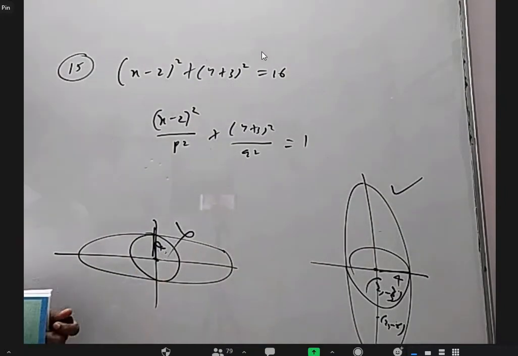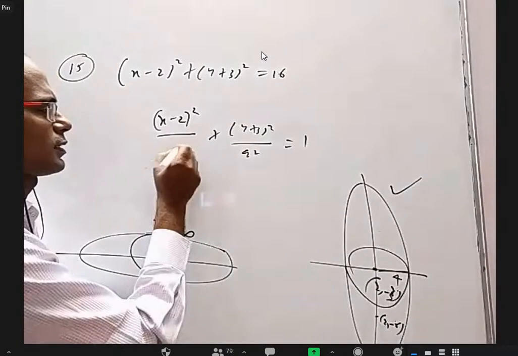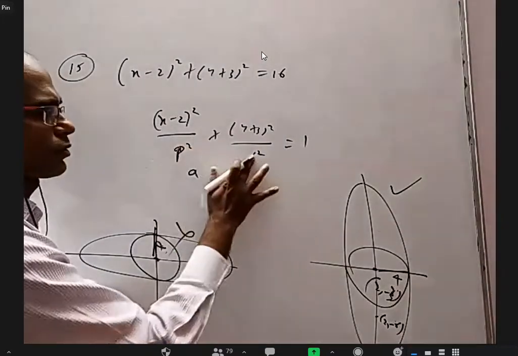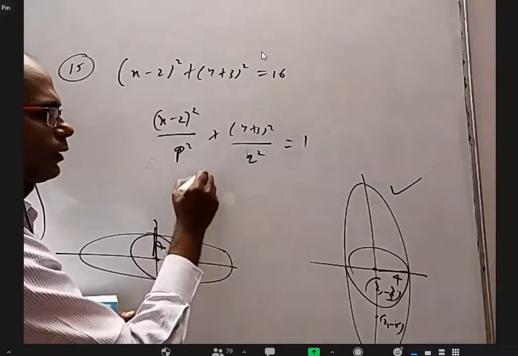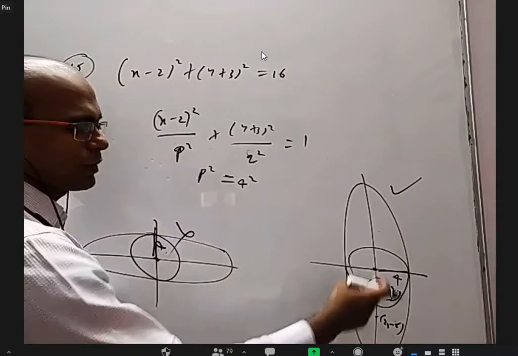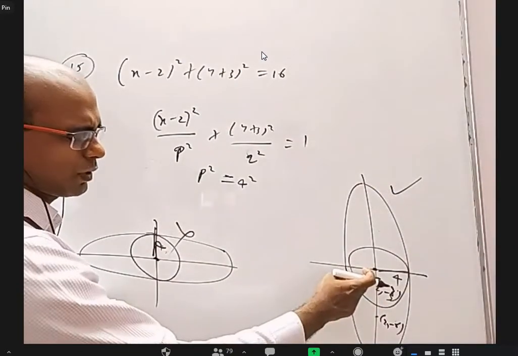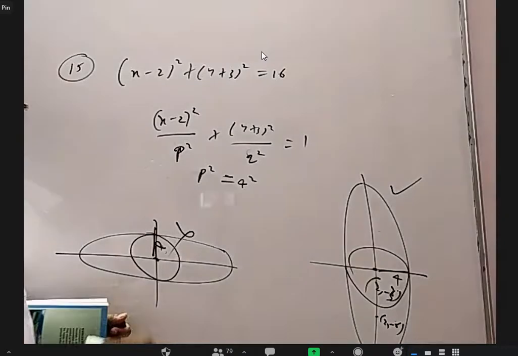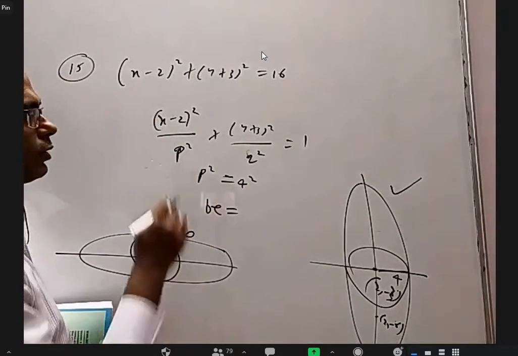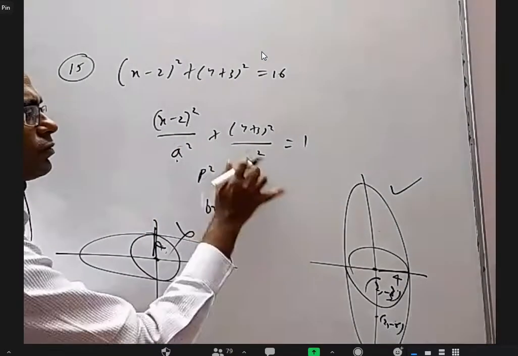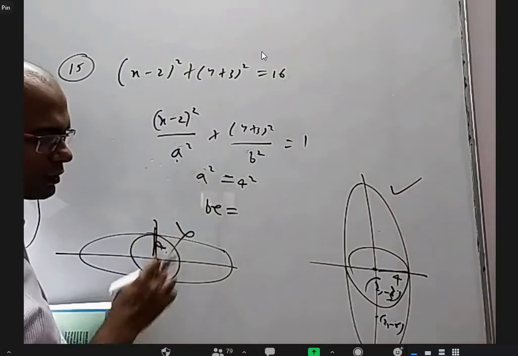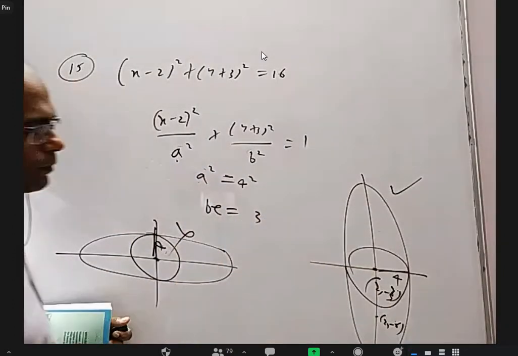Okay, now we have to use formulas for vertical ellipse. So we already understood that this is a square and this is b square. And they gave already p square, q square. You can use them, no problem. P square is 4 square. And the distance between the center and the focus is not AE now, it is BE, because it's a vertical ellipse. So I think better I'll write a square and b square, easy to deal. So a square is 4 square, but that is not semi-major axis, semi-minor axis. BE is 3 units.